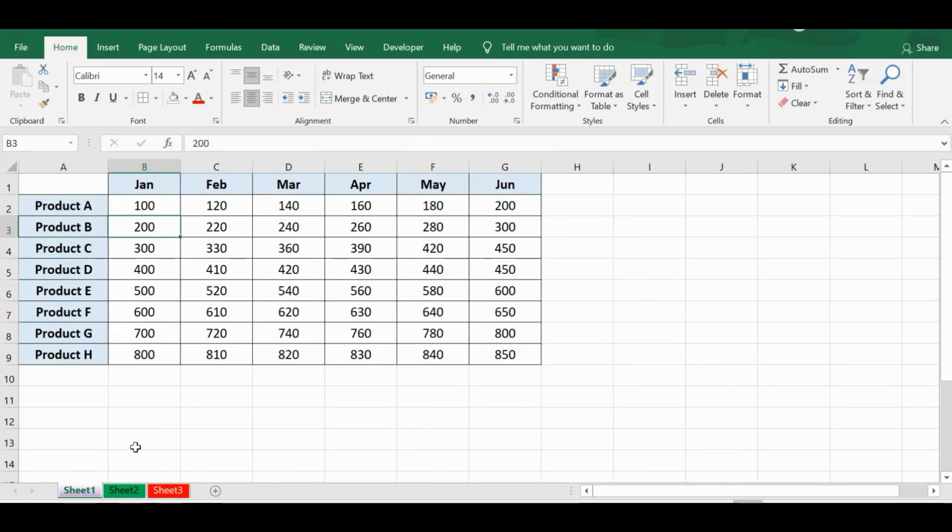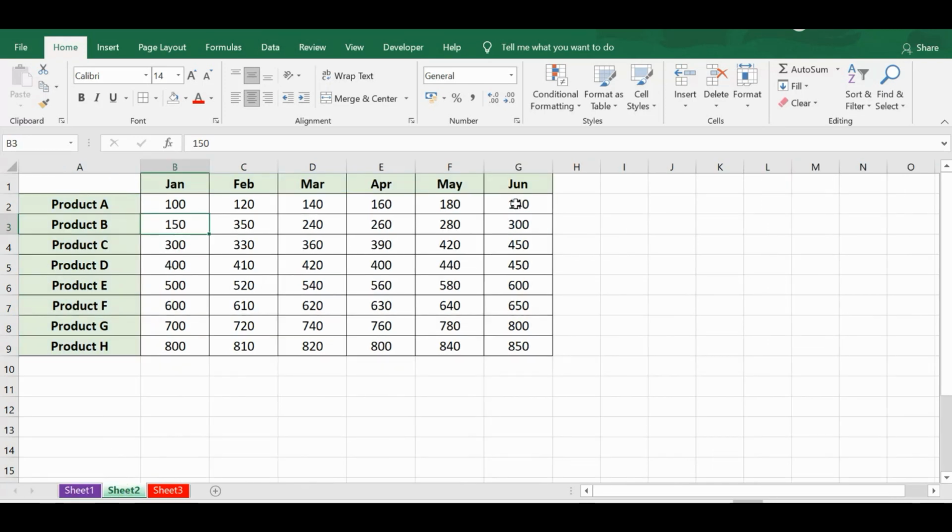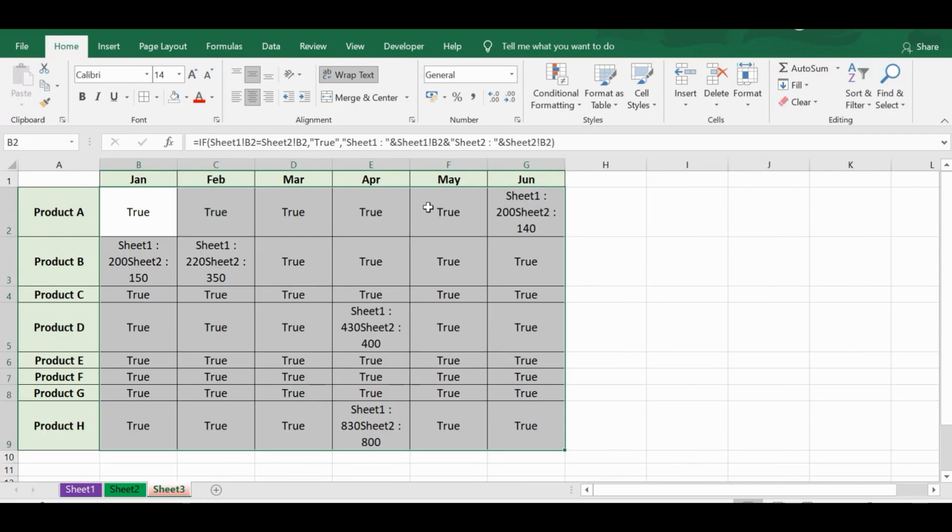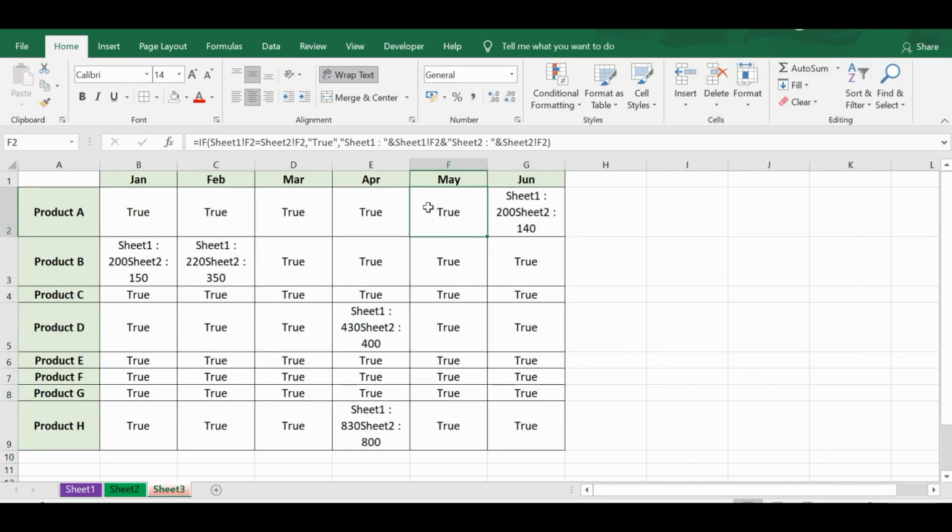So this is how we can easily compare two data sets on two sheets, and even the same logic we can apply if we have data in the same structure on one sheet or even in two workbooks. So I hope this tutorial is helpful. You can practice this. I will leave this formula in the description.